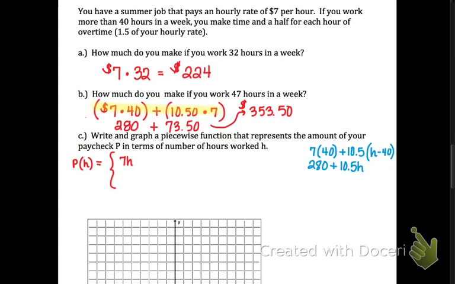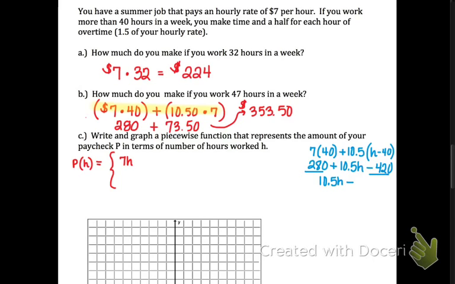Here I go with mental math again. Let's see. 10 times 40 is 400 plus 200, 600? That seems wrong. 10.5 times 40... decimal place one way, except I'm going to have another 0 on there. $420. I was way off. Ignore that. $420. Then we could combine our like terms here, which would give us